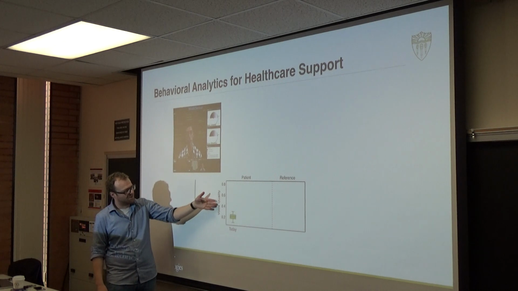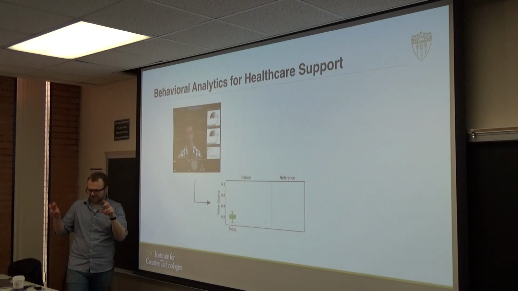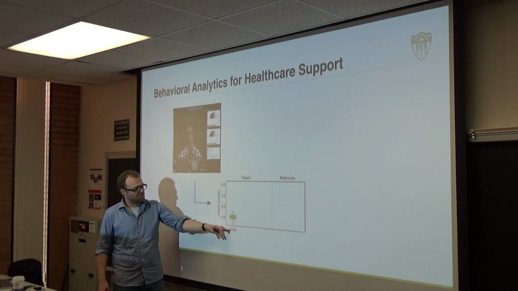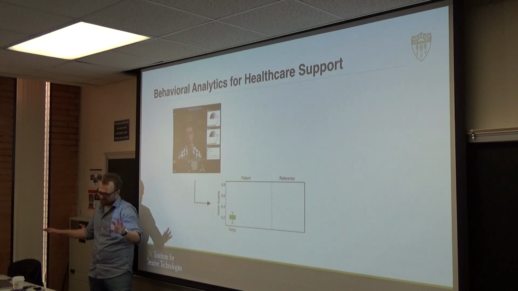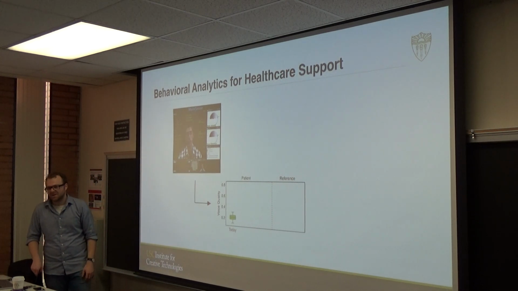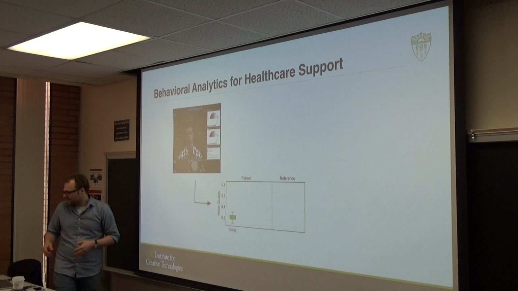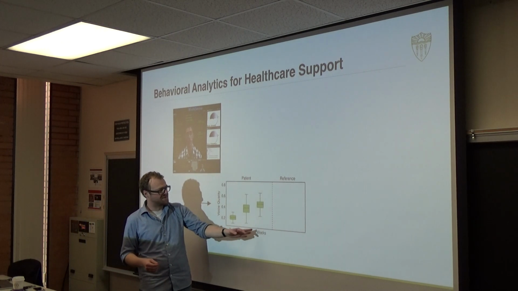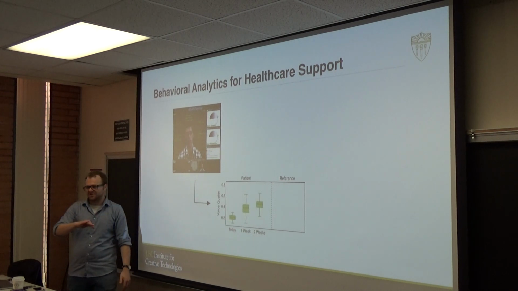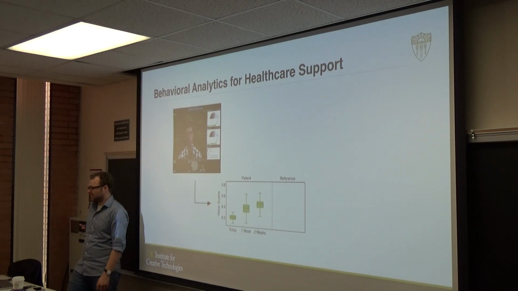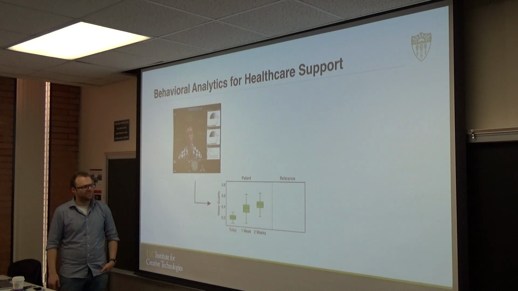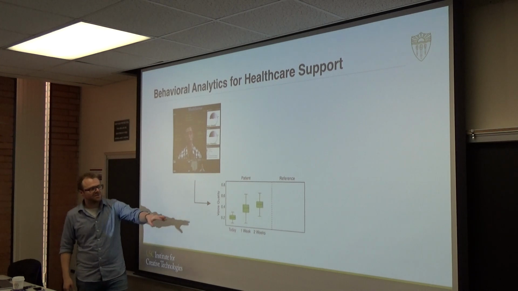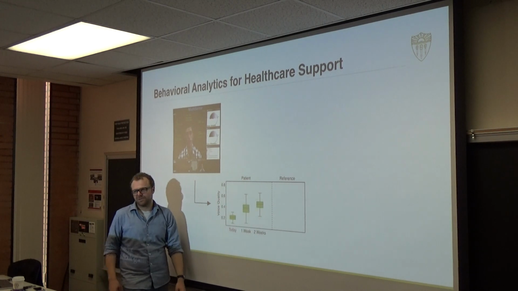So for example, and we're going to go into detail what voice quality means, but for example, we extract that this individual has a voice quality parameter around 0.2 or something like that. That doesn't really give us a lot of information yet. But if we collect this over time, we can see that there is something like a trend going on, so the individual is changing their voice quality over time. But still, we really don't know if this is related to depression or if it's not. So we need to fill in this blank box here.